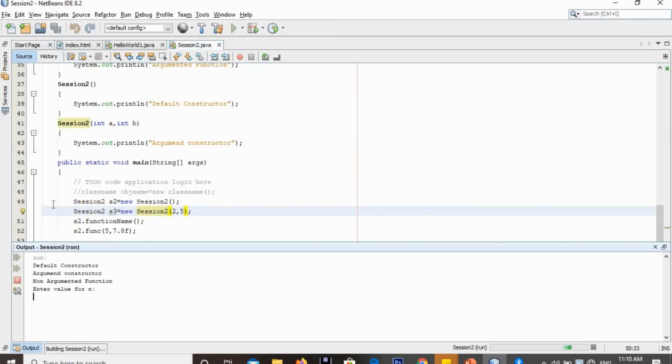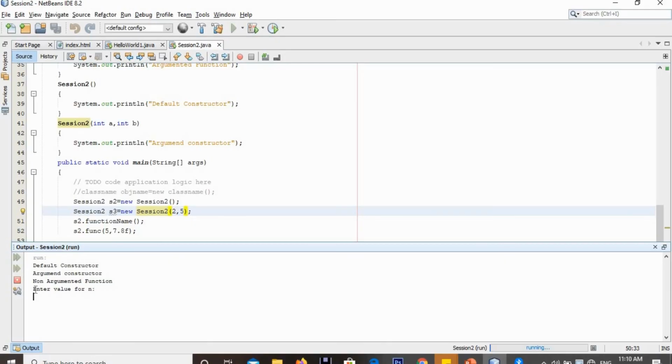Our output will be default constructor, argumented constructor. So a constructor will be called automatically while the object is created, but that object should match the prototype of your constructor. If you have a parameterized constructor, you should create the object with some parameters, similar to a function.